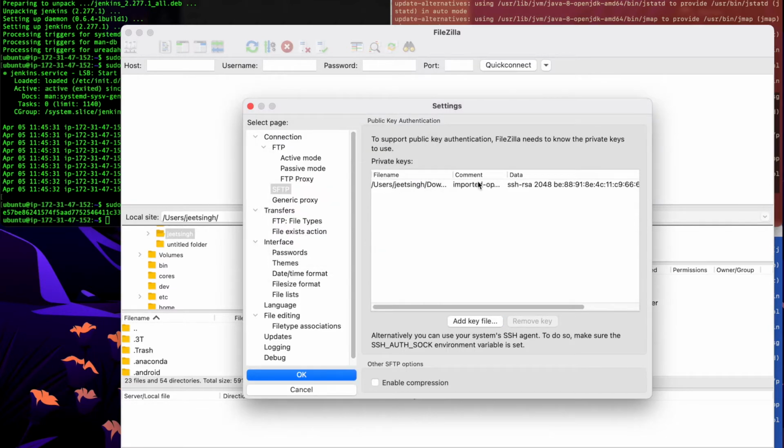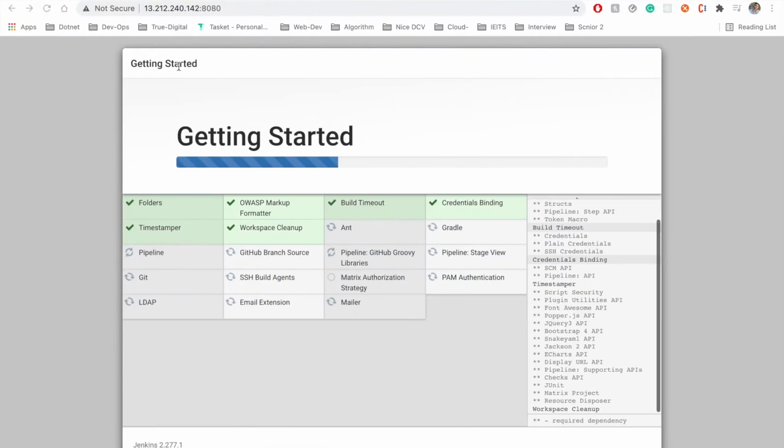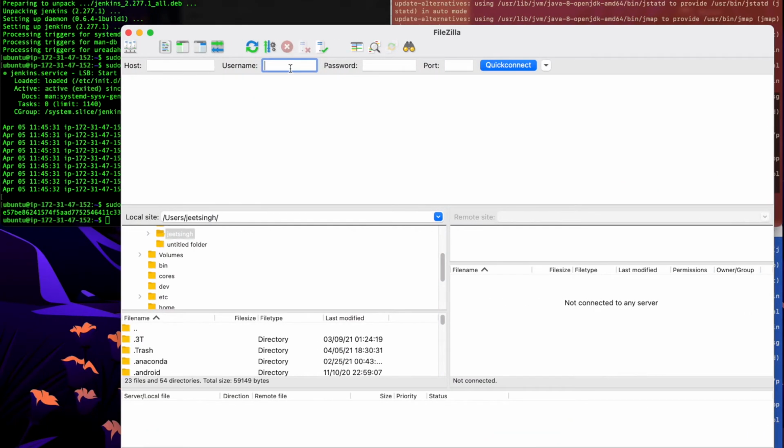If it's from me, it's already loaded. In case you haven't downloaded that, the host will be the IP address, and the username will probably be Ubuntu. Okay,